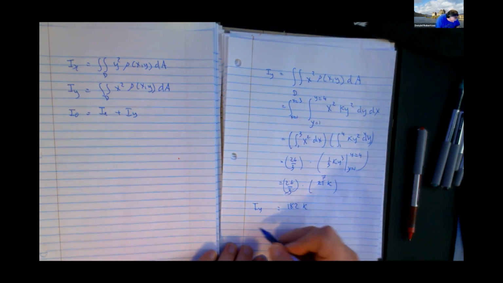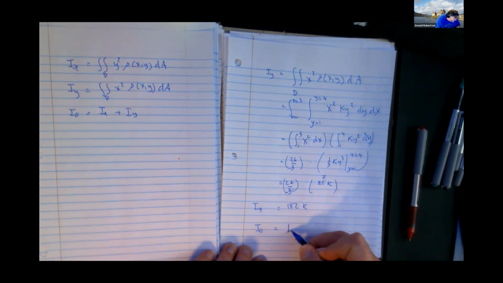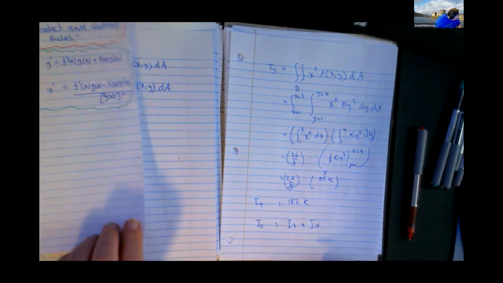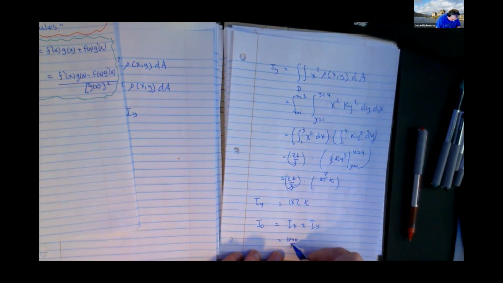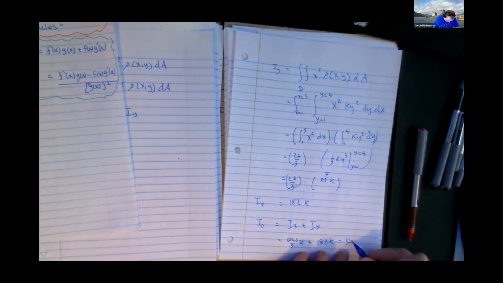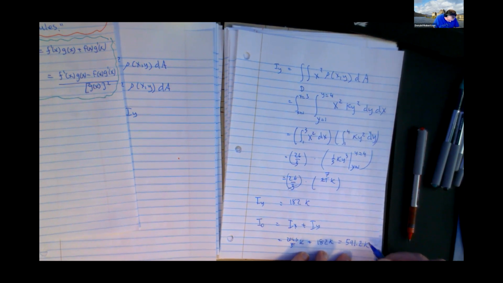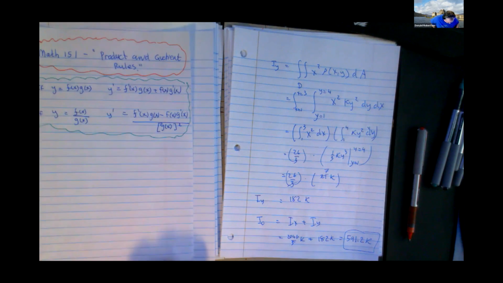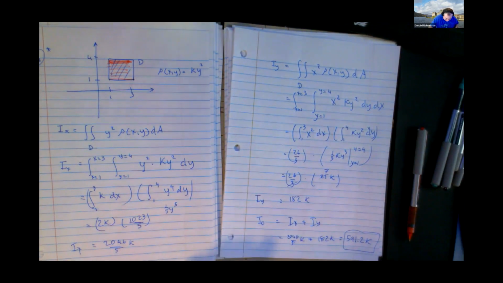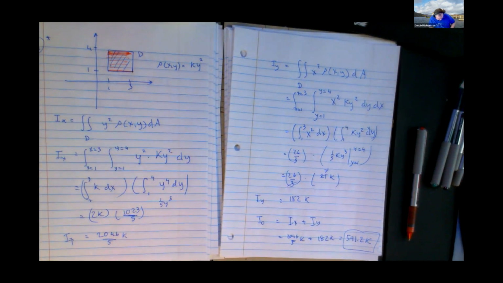Okay, we are done. Well, almost. Don't you just add these two together because you want to find all three? The first number I got was 2046 fifths k, and the second guy I got was 182k. And you stick them in the calculator and you do all your other stuff and you get that. So the moment of inertia of this plate using that density function is